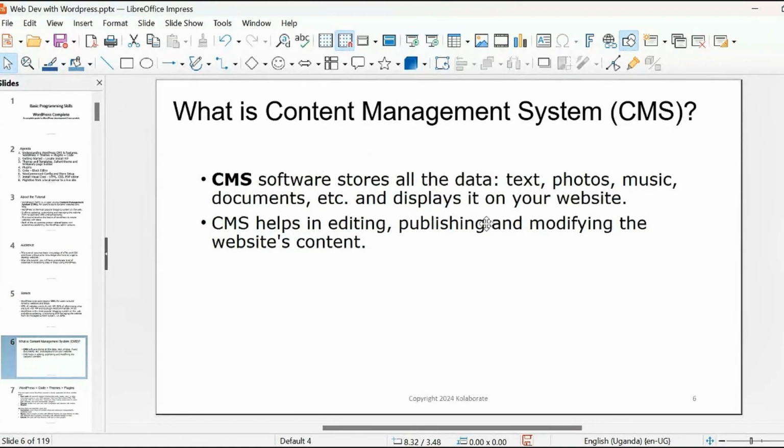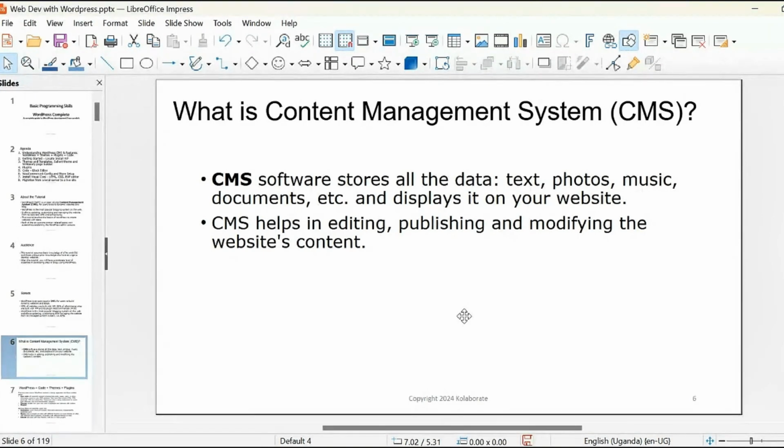What a content management system is, basically it's a software that stores data. What a website is basically is data, and the data is made up of text and media. It is made up of files that contain text and media. That is just text, words, and then the media includes pictures, videos, audio, music, photos.